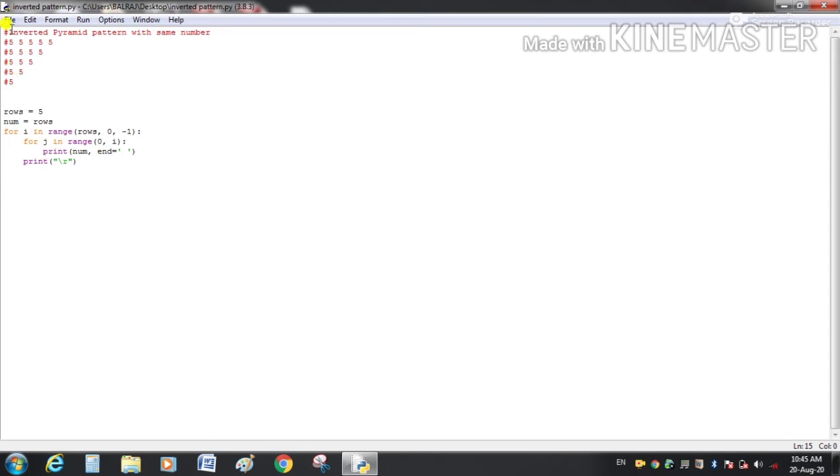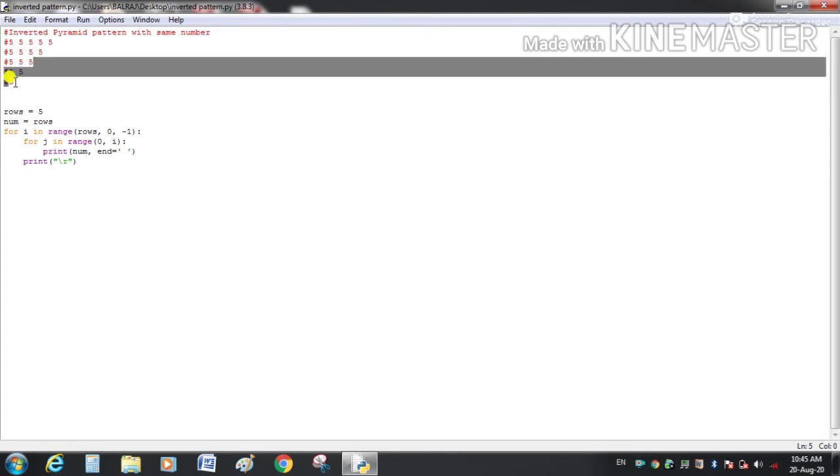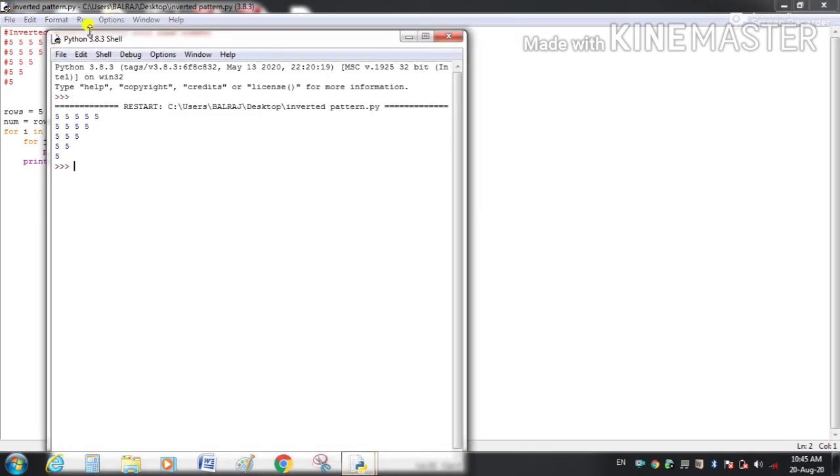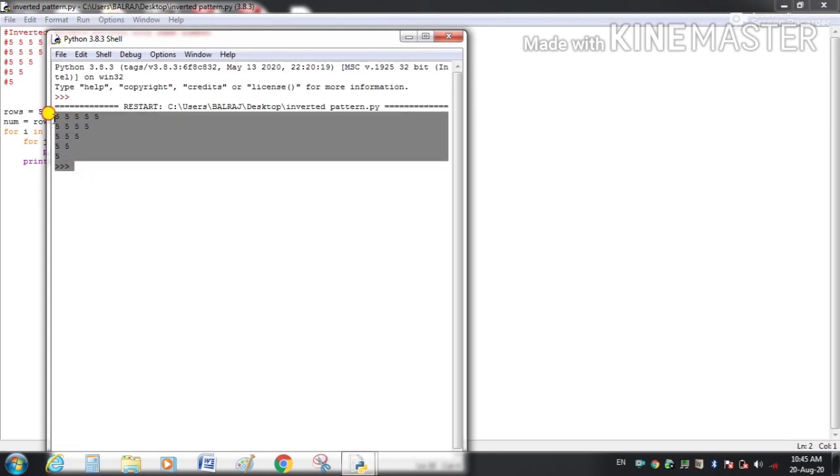So you can see we have written here hash symbol. So this was the question in your weekly test also, how we start our comment. We start our comment with the hash symbol. So when we write hash in front of a line, it becomes a comment, and we know that comments are non-executable statements. Now we will run it. This is our output. Okay.